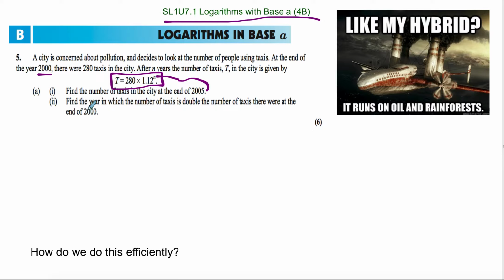for t, no problem. But if you said, all right, find the year in which the number of taxis is double the number of taxis at the end of 2000, we would be inputting something into t and looking for n, right? So double the number, I don't know what it is, so you'd say, I have a number for t, I don't know where our number is. This is 280, and let's say we want 300 taxis or 500 taxis or however many. If you had the number that you were looking for on this side, and you had the 1.12 to the n,